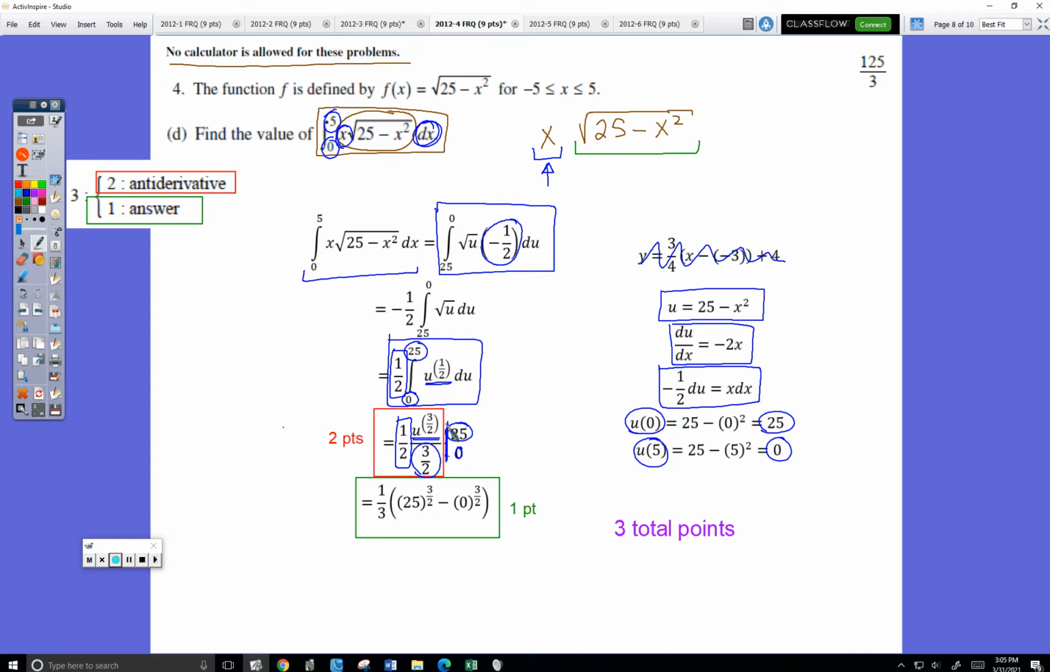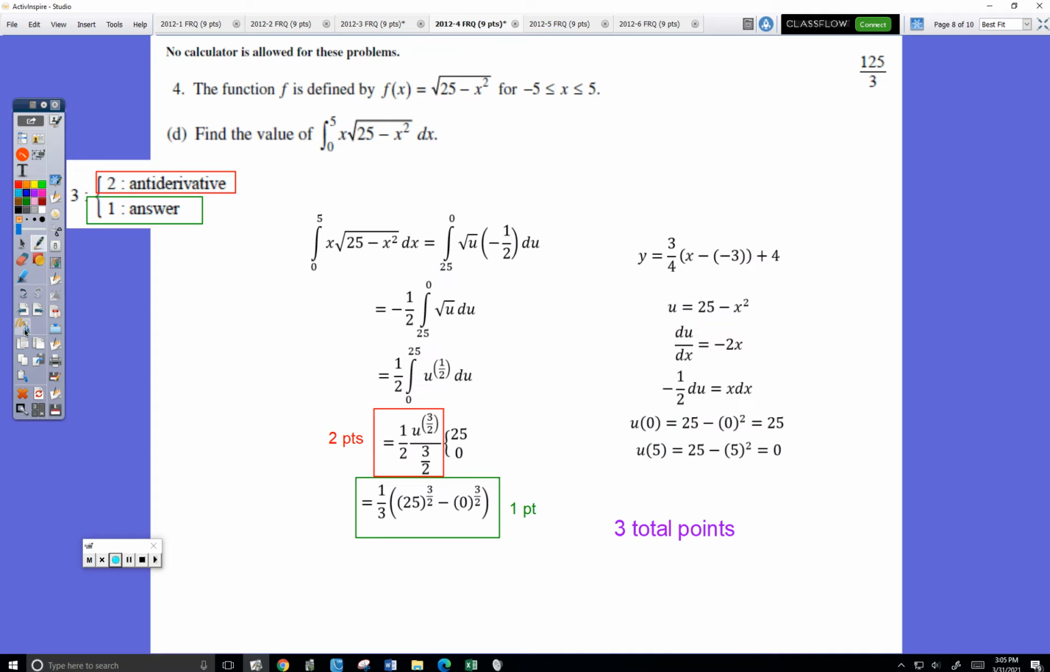If you have the red box, they'll give you 2 points. I'm not sure if they would give you any partial credit. I think if you got to here, they'd probably give you 1 point, knowing that you did all the use substitution stuff right. If you get all the way to the red box, 2 points. Last point is easy. Just plug in 0 and 25